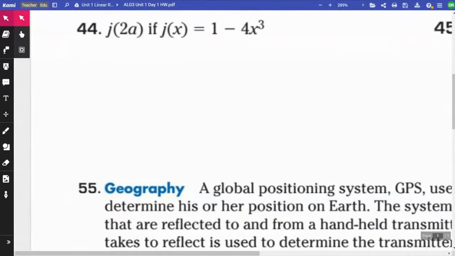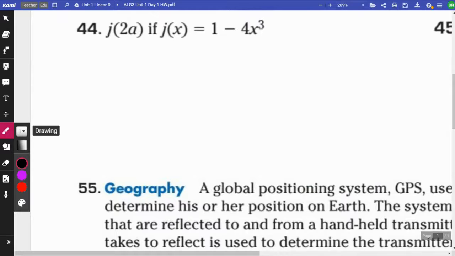Okay, so here's 44. So this is j of 2a, and then it tells you what j of x is equal to. It's 1 minus 4x to the third. And all that's happening is we're plugging in 2a in place of x. So this would look like j of 2a